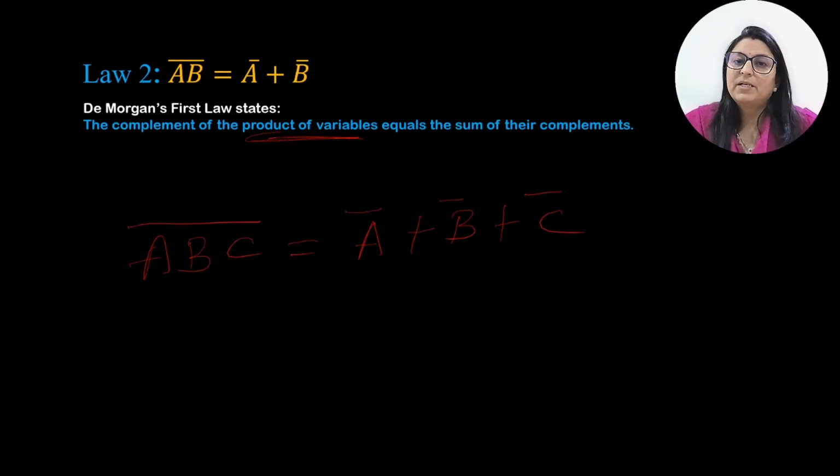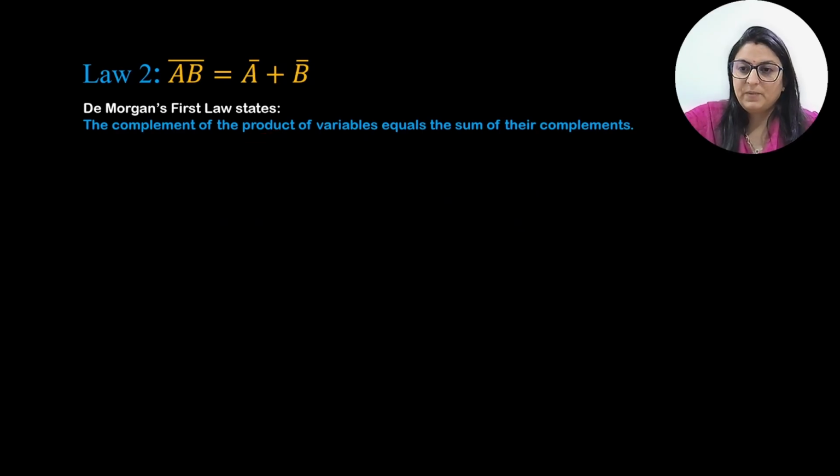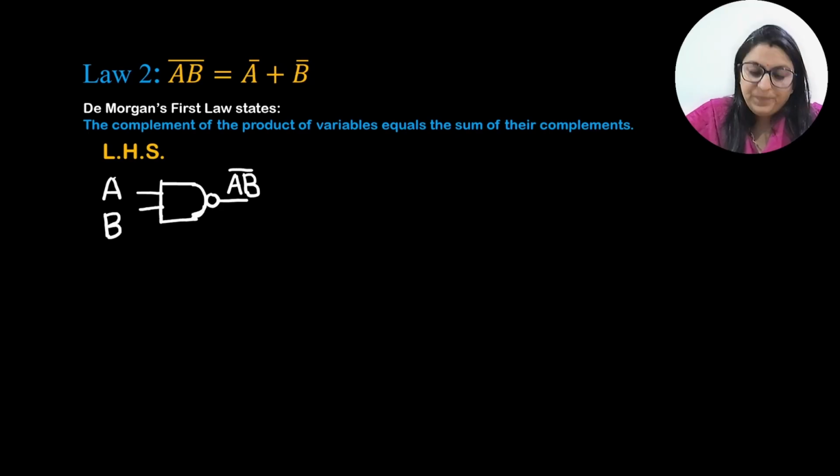So we have to sum, but sum of what? Individually complemented variables. So we can easily write the definition. Now next we need to add the logical circuit. So a and b, we have a into b whole bar. So with the AND gate we will get a into b, and we are just adding this NOT at the end. So we get a into b whole bar.